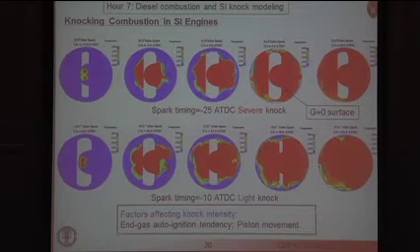So this is something that's very critical for the design of spark ignition engines. There's a lot of technology behind trying to avoid knock, one of them being the use of high-octane fuels, for instance, to prevent that auto-ignition ahead of the